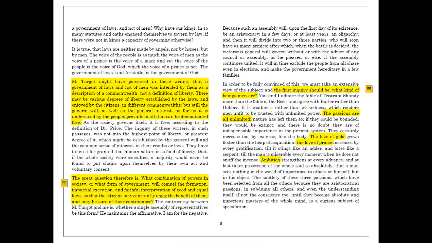If man is rational and cooperative and agreeable and has a kind of innate compulsion towards social organization, then we should give him lots of power, right? But if man is irrational and aggressive and violent and innately antisocial and individualistic, then we need to restrain man's vicious impulses. And what's wonderful about Adams's description here is the essential Lockean duality of it. He thinks that man is both at the same time. Here he starts, the passions are all unlimited, and he identifies these three, the love of gold, the love of praise, and ambition.